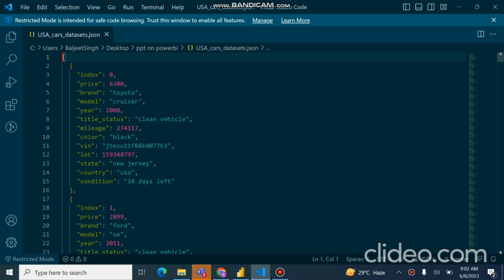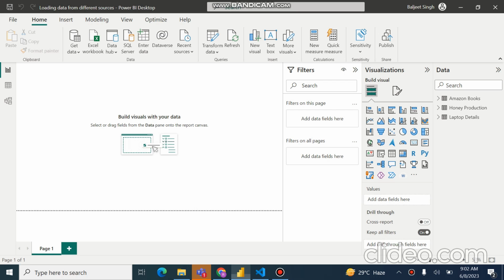Hello friends, once again I am here with my new topic: connecting Power BI to a JSON data source. Till now we have loaded data from Excel into Power BI, from a CSV file, and from an XML file. Now we will load the information from a JSON file in order to gather that data into a Power BI table, and